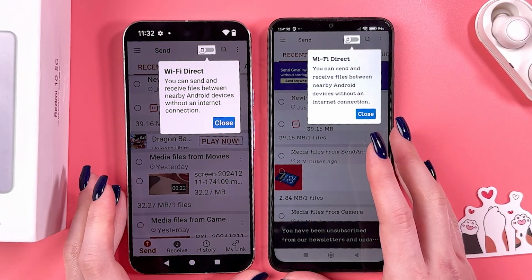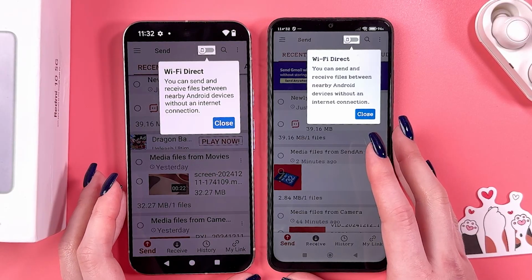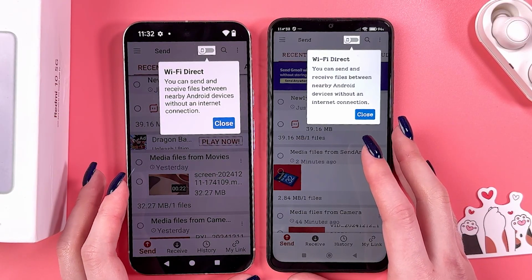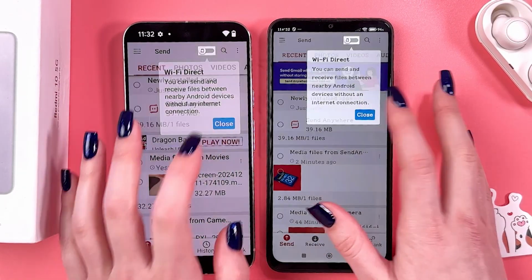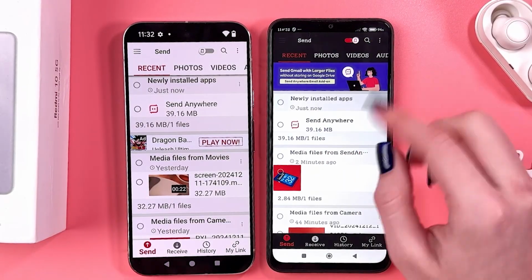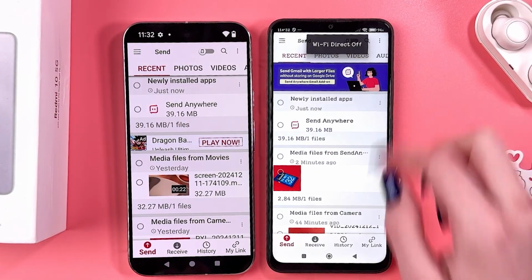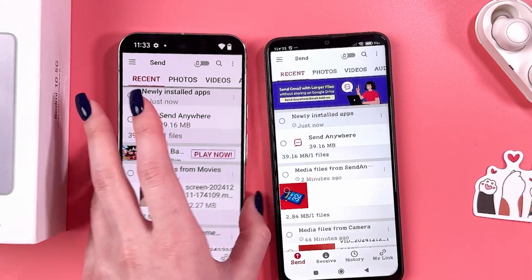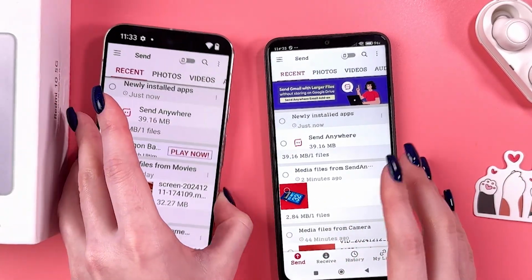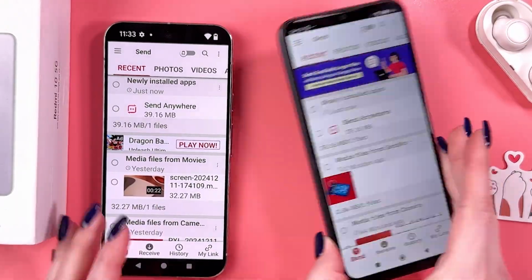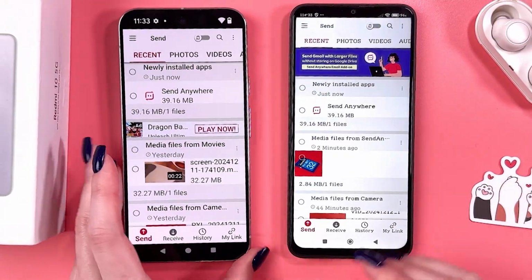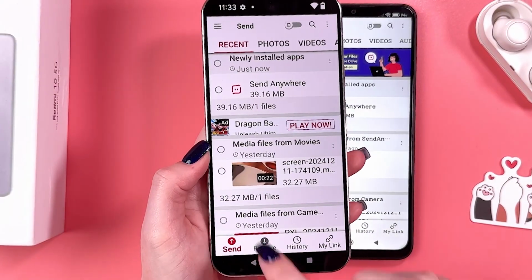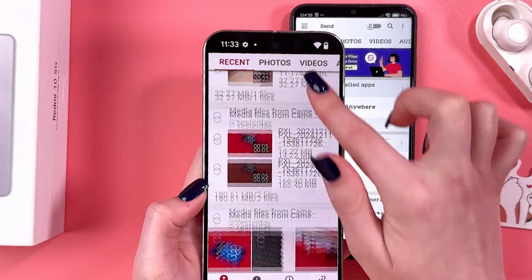And here you can see that we can send and receive files between nearby Android devices without an internet connection. If you just tap on the section, you will enable Wi-Fi. So now to transfer files from the Android phone, which would be Google Pixel in my case, to the Xiaomi Redmi 10, we would need to take our Google Pixel, go in this Send tab, and here select any file